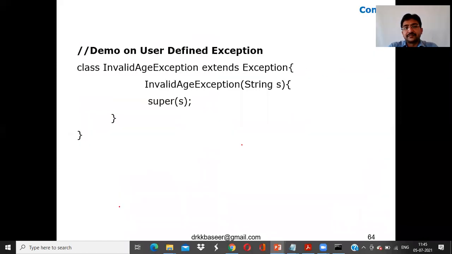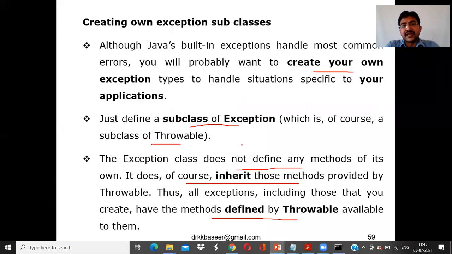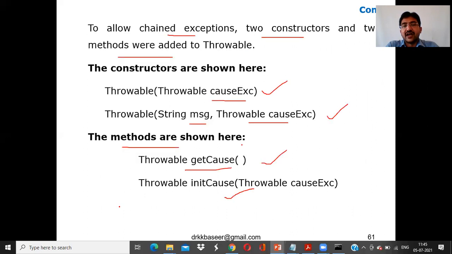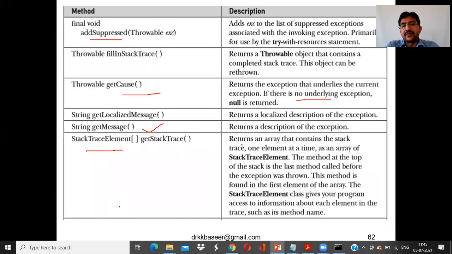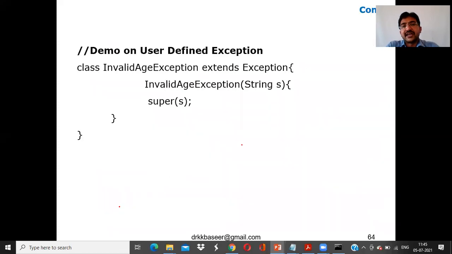And coming to the example, now let me discuss a demo on a user-defined exception. Till now, we have discussed the purpose of creating our own exception, how many constructors and methods are required, and the different methods available. You can pick four to five methods which are easiest for you to understand and write them in the examination. For every method there are multiple examples out there, but as per the syllabus, we only have to discuss how to create a user-defined exception. That's all. Now coming to the demo.